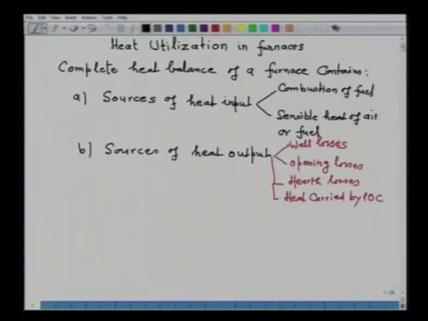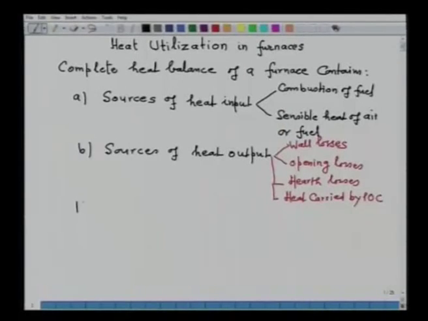Now, in controlling combustion or in analyzing means to improve economy of fuel utilization, it is required that we consider heat quantities separately. There are heat quantities which relate to fuel consumption, and there are heat quantities which relate to the process. That means, we have to distinguish the heat quantities. Related to process,